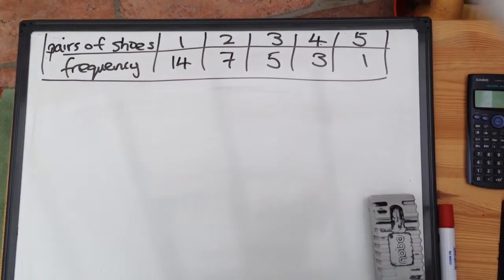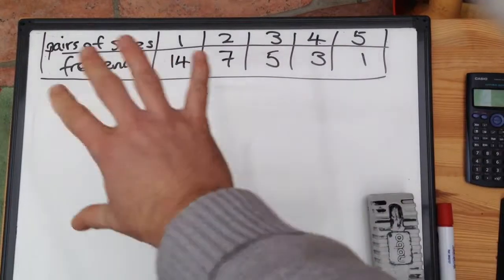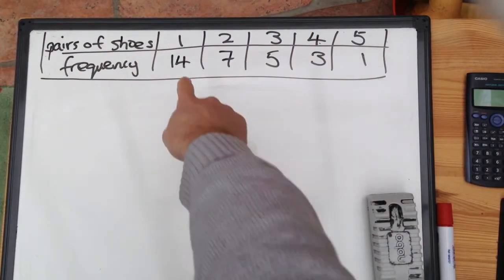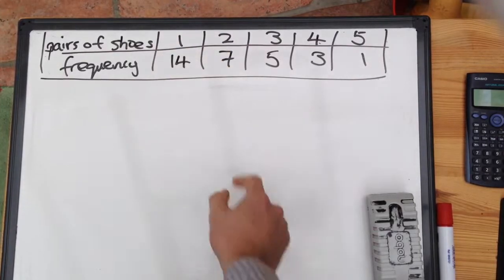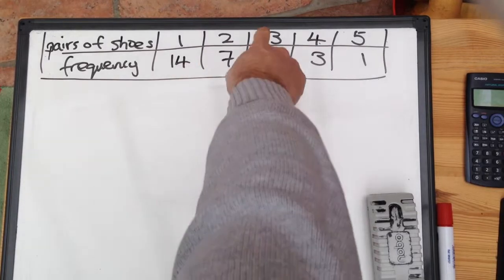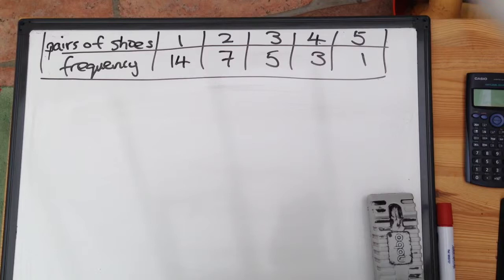Data analysis question. 30 boys surveyed asked how many pairs of shoes they own, and the results shown in the table there. How do I know there's 30 boys? Well, quite easily. I've got 14 who own 1 pair of shoes, 7 who own 2 pairs of shoes, that's 21 boys in total, another 5 in that group, 26, add another 3, add another 1, 30 boys in the